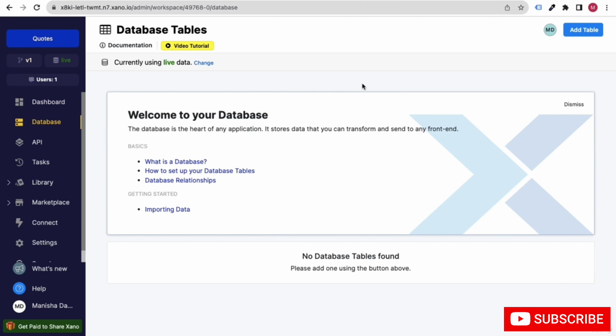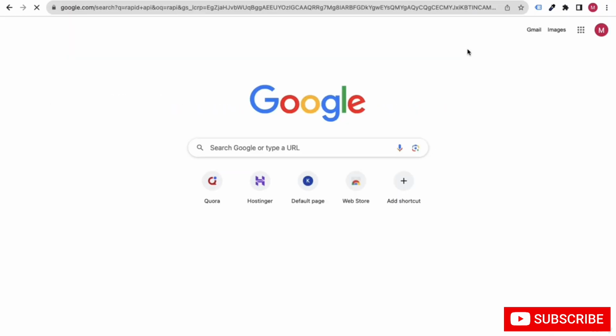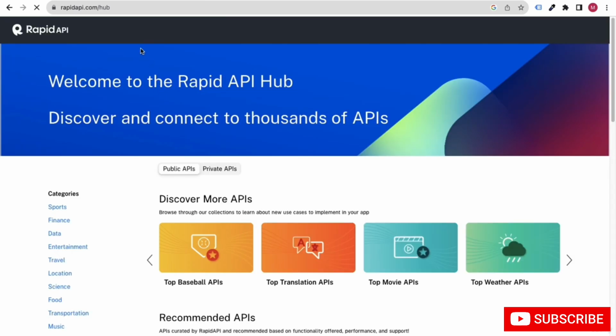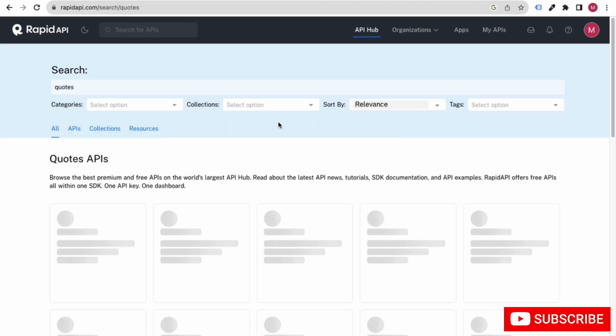Before we go ahead, you can again open Rapid API. Let's go to Rapid API, and search for one API that is codes. Just for an example, let's click on the enter button.